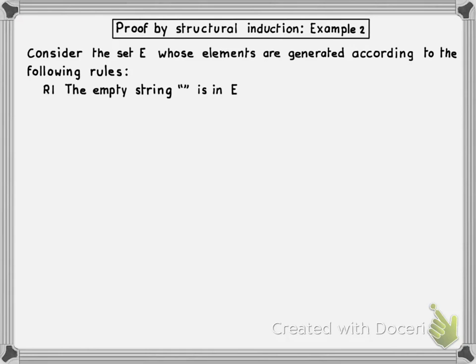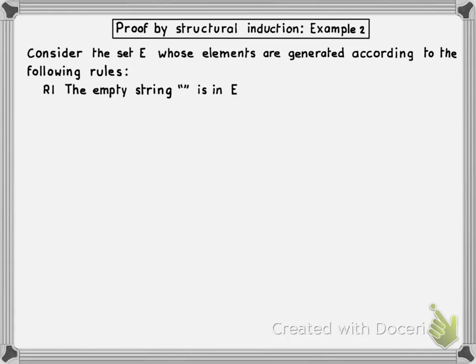The first rule, R1, is the only base rule in that definition. It says the empty string is in E. So E is going to be a set of strings. The first rule only adds the empty string into that set. And then we're going to use the concatenation operator, denoted by the symbol plus, to build longer strings to be